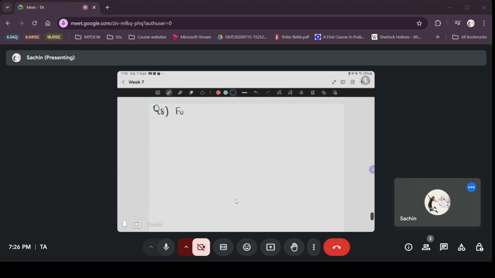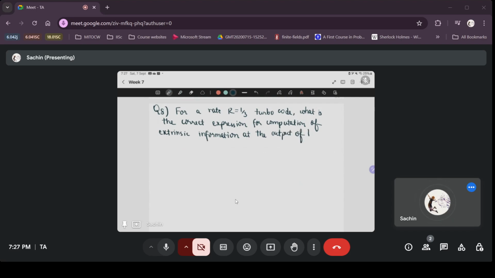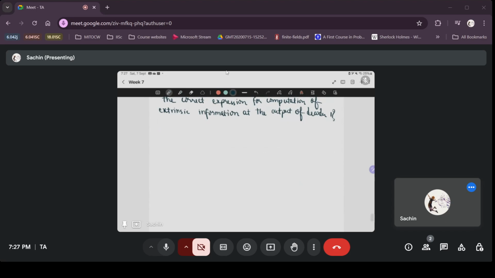For a rate R equals one third turbo code, what is the correct expression for computation of extrinsic information at the output of decoder 1? Answer is